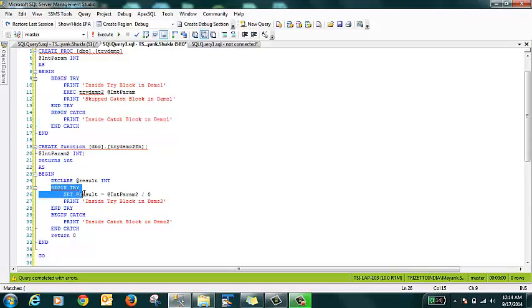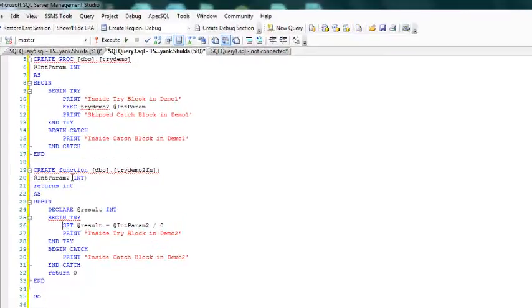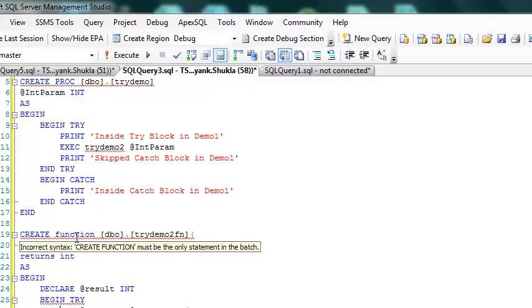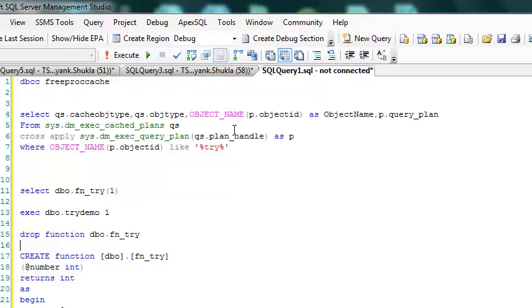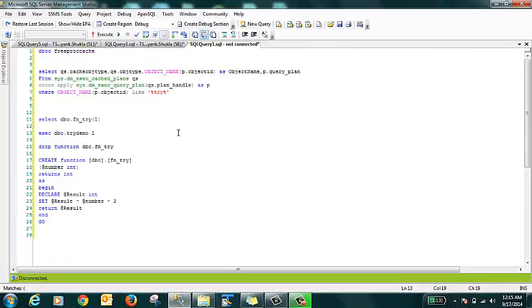So in a way, if I use a begin try begin catch within a function, it is side effecting the outer begin try and outer begin catch. It is making it meaningless, right? So that is the reason functions don't allow even begin try and begin catch. That is the same reason why it doesn't allow a temp table and all those things, right? It does allow extended stored procedures, and I would like you to Google extended stored procedures. But extended stored procedure is something that's deprecated, and it won't be coming in future versions of SQL Server.